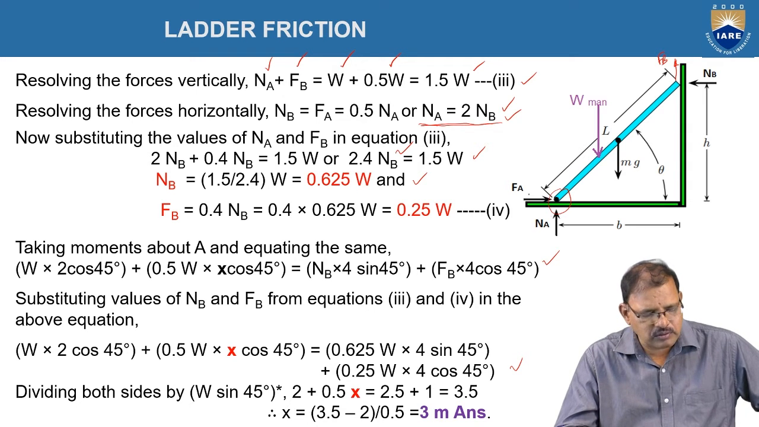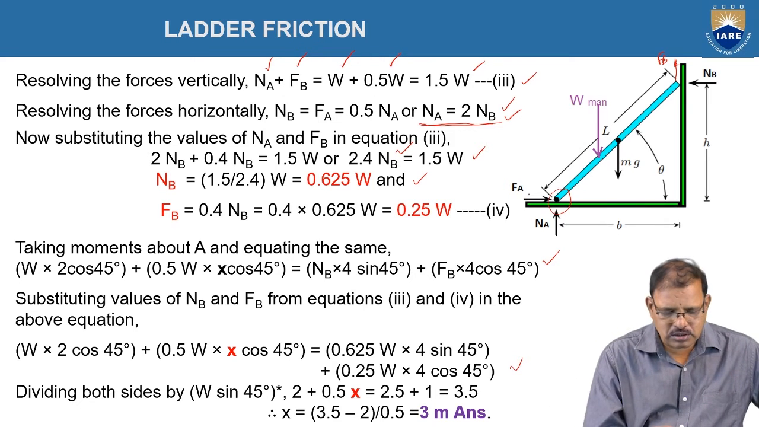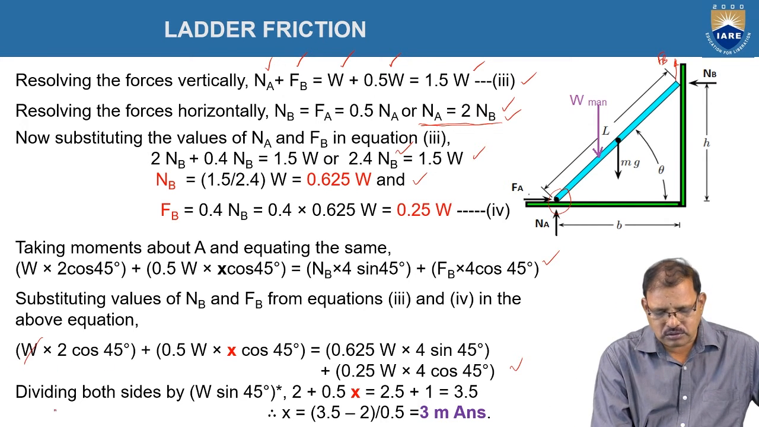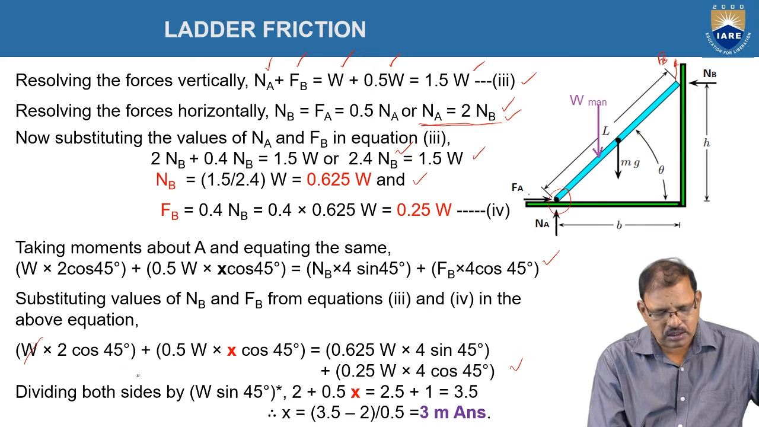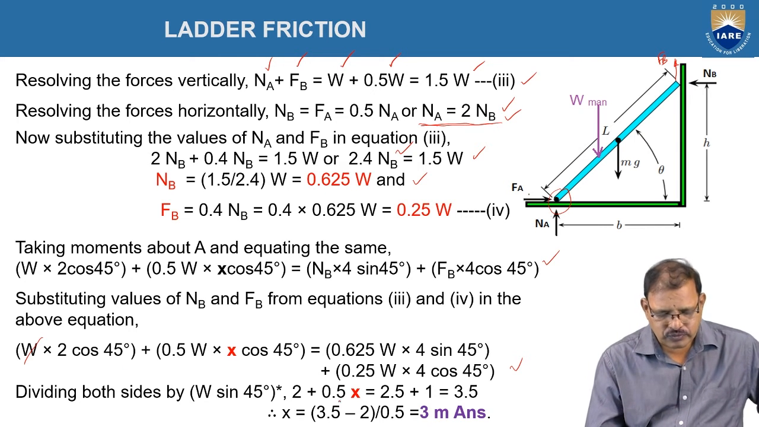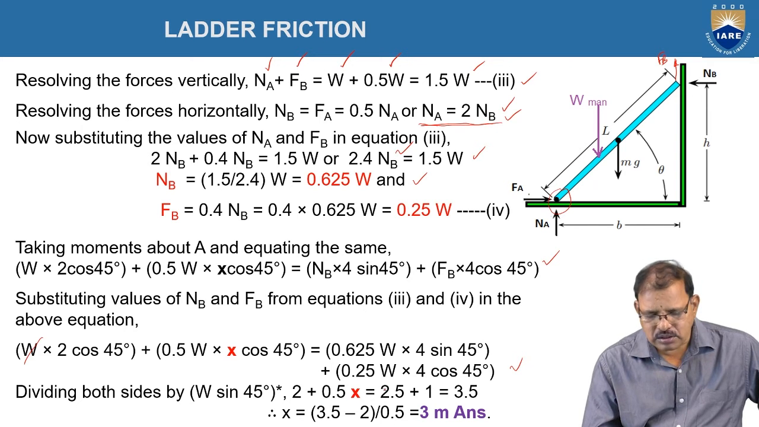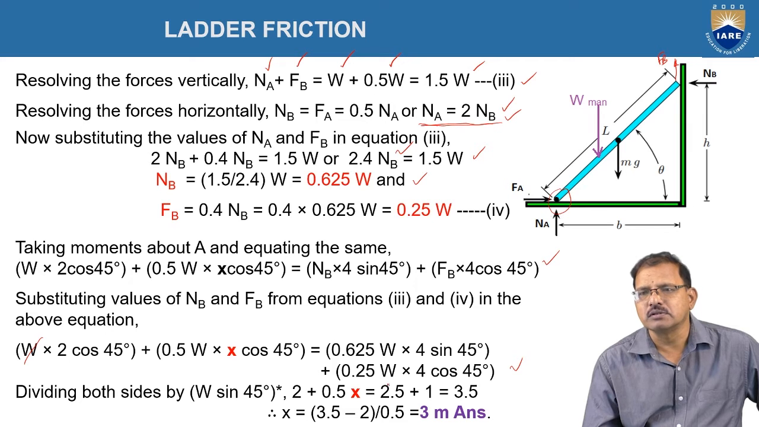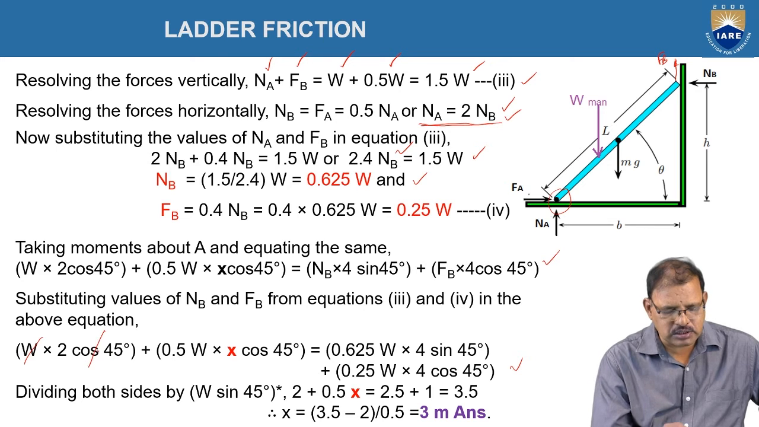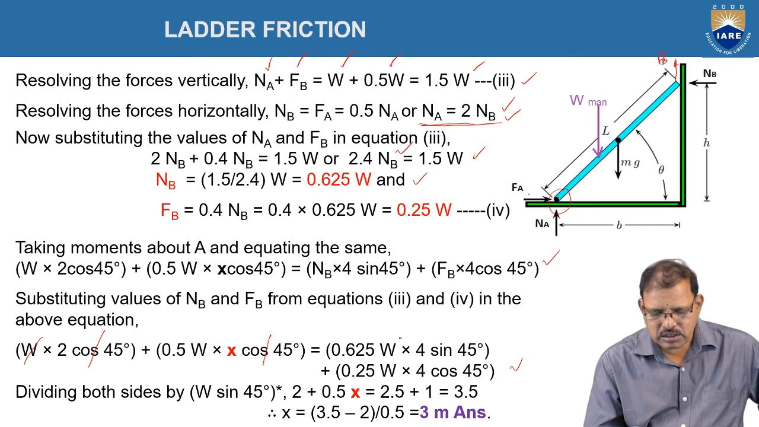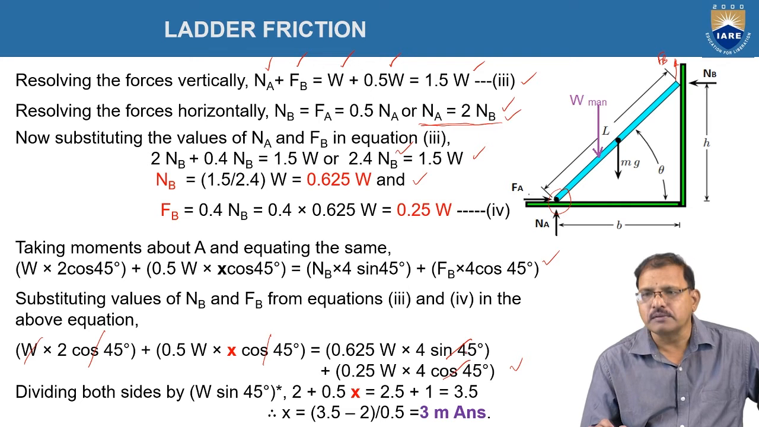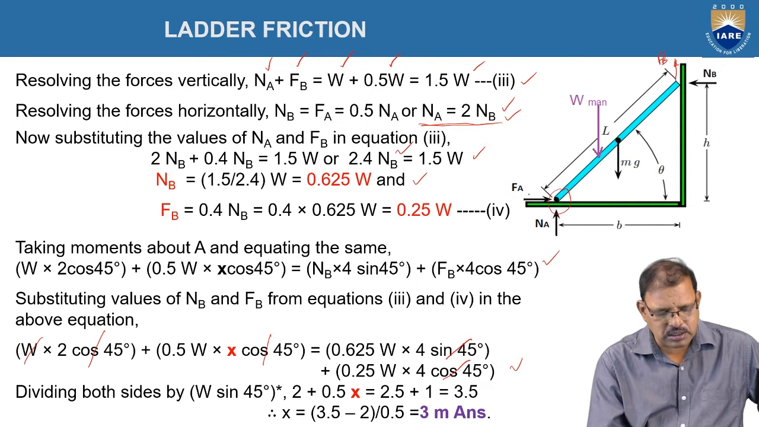Because W is a common term now, it is gone now. Now 2 into cos 45, here we got 2 plus 0.5 x, since sin 45 is equal to cos 45. And so this is cancelled, this is also cancelled, this is also cancelled now. So the remaining terms are 2 plus 0.5 Wx